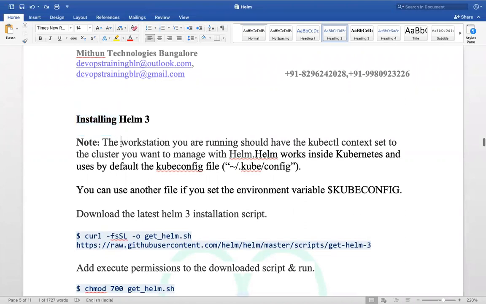So we will install Helm 3. Wherever you install Helm 3, the workstation you are running should have what? The kubectl. Helm works with the Kubernetes cluster. By default, it will use the kubeconfig file, right?